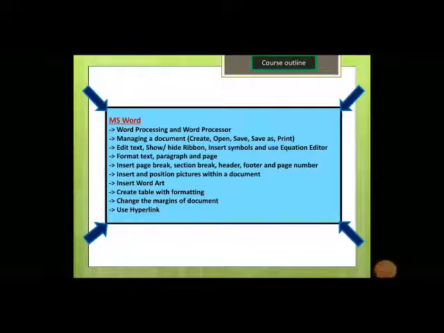First, let's look at the course outline regarding MS Word. We'll be discussing the basic definitions of MS Word. We'll see what is Office Automation, what is OAS, Office Automation System. Then we will see the components of MS Word like word processing and word processor, their differences. We will be studying how to do the basic functions regarding opening and closing of MS Word file, and